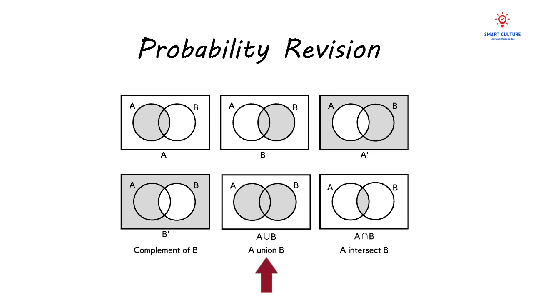Then we have A union B, which refers to everything that's included in either or both sets A and B. And then we have the intersection, A intersect B. So this shaded region refers to the intersection of A and B, everything that's included in both A